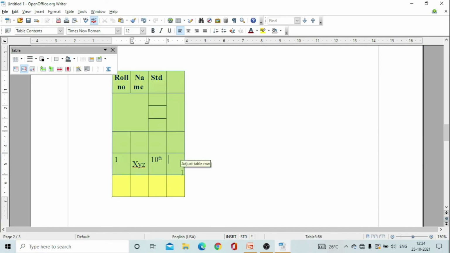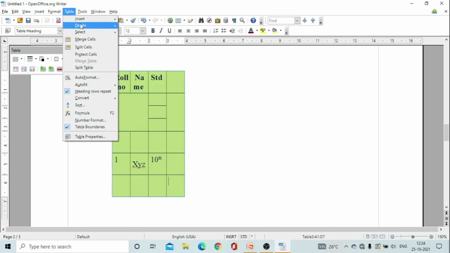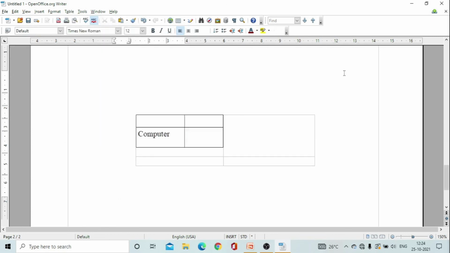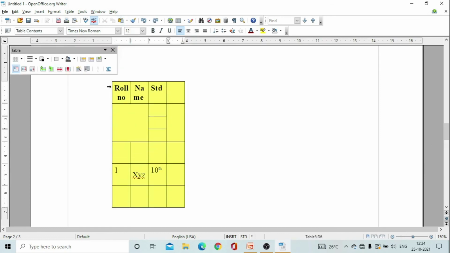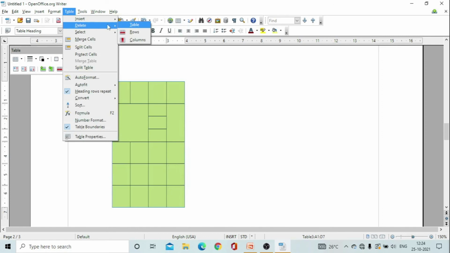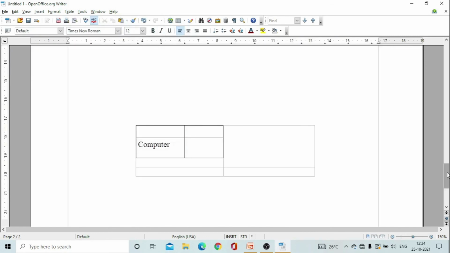So first I'll select the table and I'll go in table menu and I'll delete this table. So yes, as you can see, our table has been deleted. Now I have to select the table and I'll press backspace key, or I can press delete key. Backspace key removes all the content of the table and delete key will also remove. Yes, but it won't be able to remove this table. So you have to select this table and go in table and then delete, and hence your area will be clear, right?